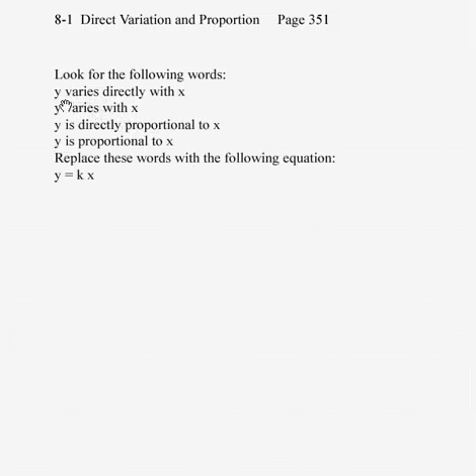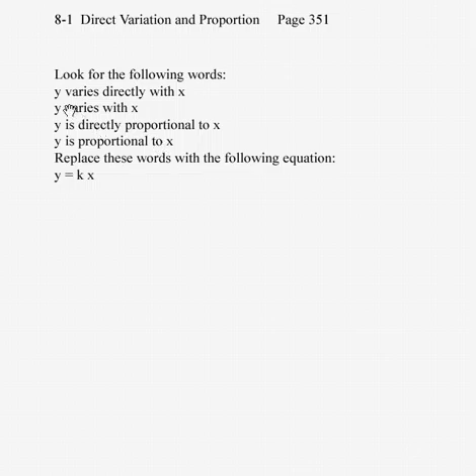We start out talking about direct variation and proportion as we begin chapter 8. And here are some key words to look for direct variation. Look for the phrase y varies directly with x, or sometimes we leave out the directly and we say y varies with x. Or we'll say y is directly proportional to x. We add another word. Sometimes we leave out the direct because it's assumed and we say y is proportional to